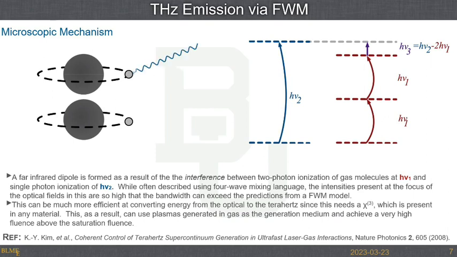There we go. I'm coming through with a photon and creating a plasma, so I'm taking that electron off. One of those atoms, it's happening with a photon that's in the blue. The other one, it's going to happen with 2 photons in the red, and it's the interference between the two of them. We'll take some of that energy, which is in the visible, and tune it all the way out